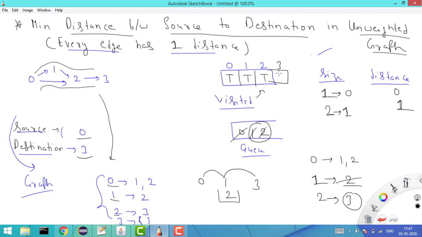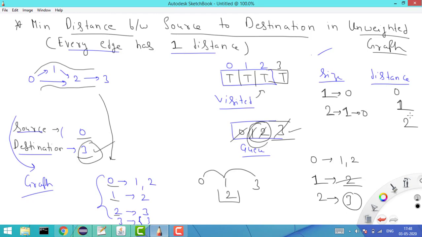So it means I'll put the value here and then I'll put the value in the distance, right? And then because I am done with both the elements, now the size will be 0. As soon as size is 0, I'll increase the distance, right? Now check the next element in the queue. The next element is 3, and as soon as I remove it, I check whether this is equal to destination. So yes, this is equal to destination.